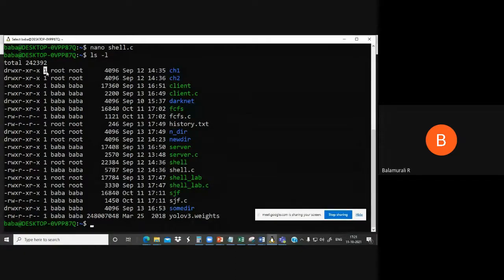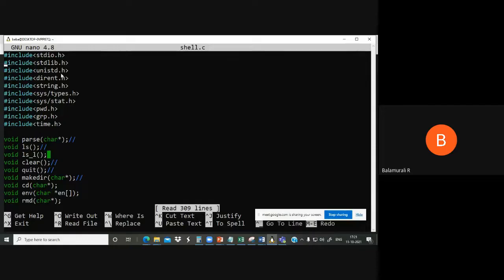And this one represents hard link. I think somewhere previously we have also discussed this. Normally the hard link count of any file will be one only. Sometimes it can be two. If there is only one file but it is referred to with two names, then this number will be 2. Right. So with this understanding, let us see that code.